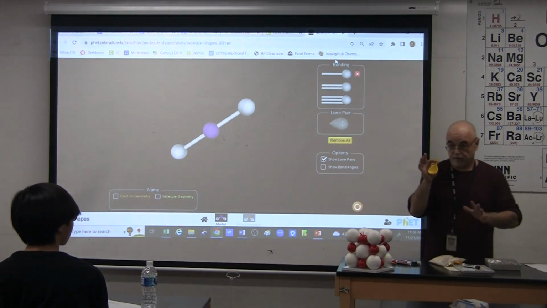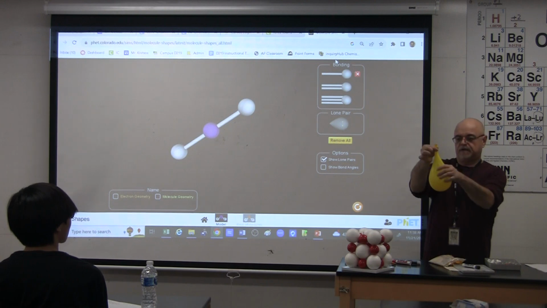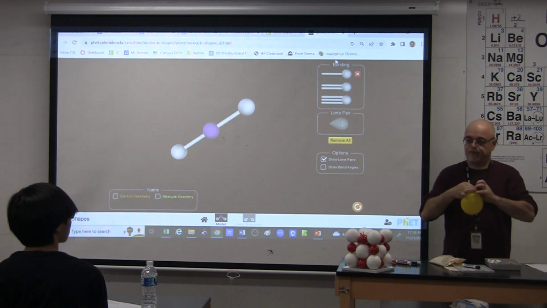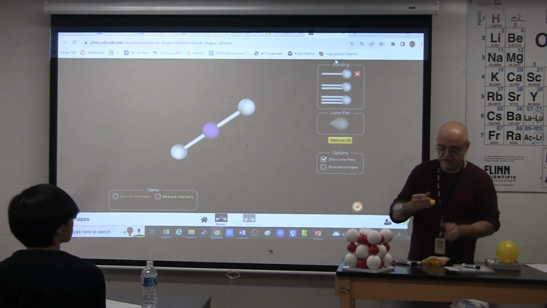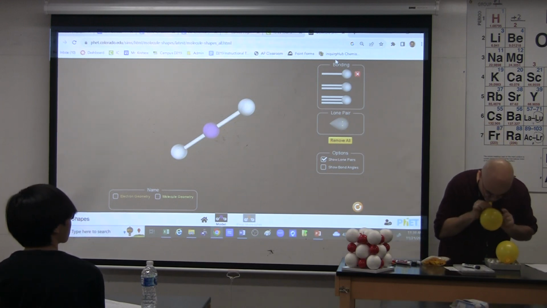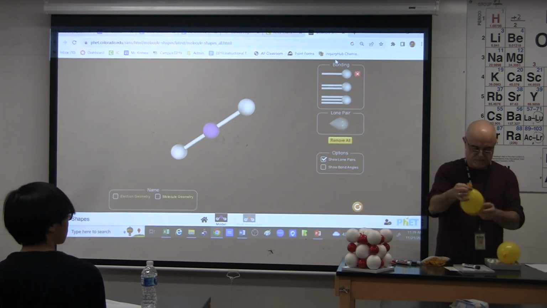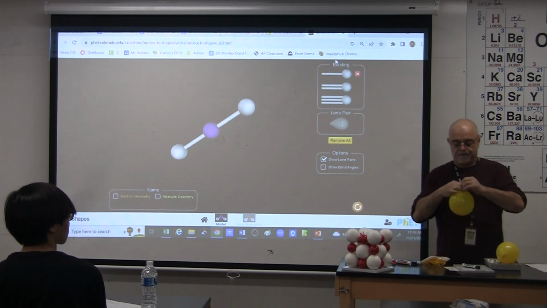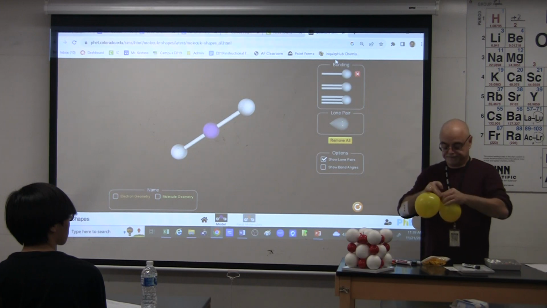So I have to make identical balloons to kind of show what this is showing. I need a little bit of slack. That's going to be my atom. Perfect. So I'm going to take this balloon and this balloon and try to model what I'm talking about. I'm going to make them about the same size. Perfect. So here's what I'm going to do. I'm going to build these shapes as I go by just tying balloons together. So if I take the two ends of these balloons and wrap them together,